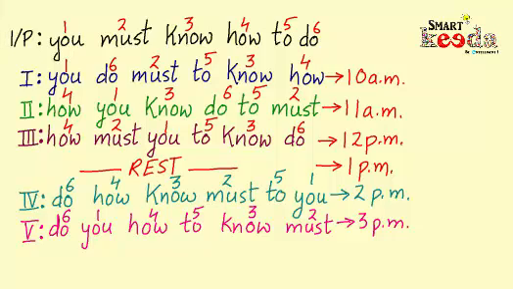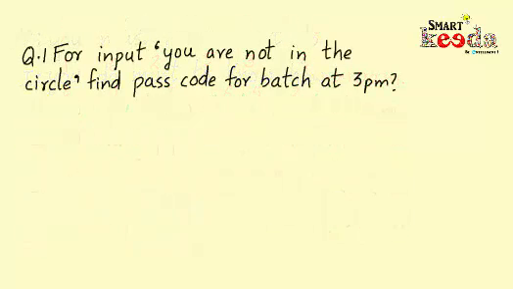Now let's do a few questions based on this example's pattern of rearrangement. In the first question, we are required to find the passcode for the batch at 3 p.m. whose input is given as "you are not in the circle". Before solving this question, let's number all the words in the given input. So we would label U by 1, R by 2, not by 3, in by 4, the by 5 and